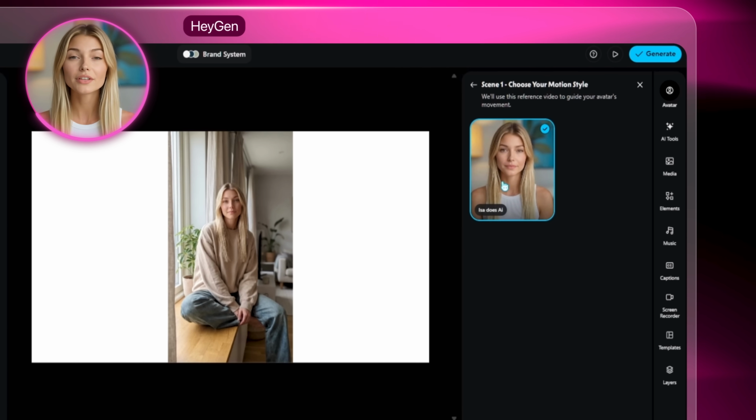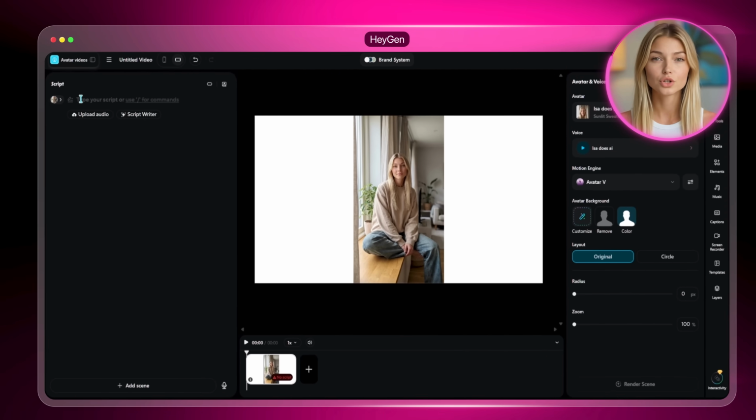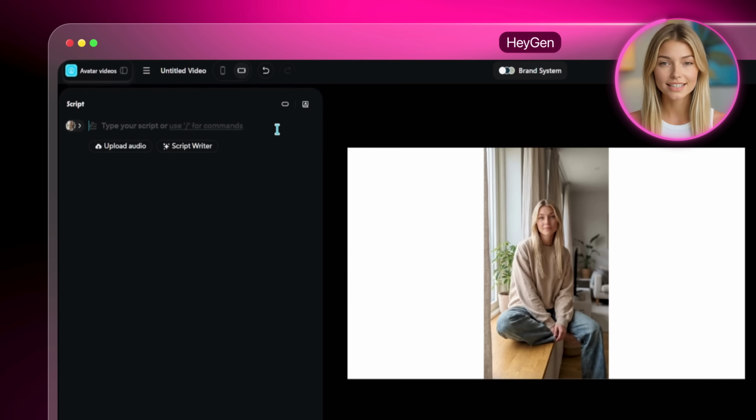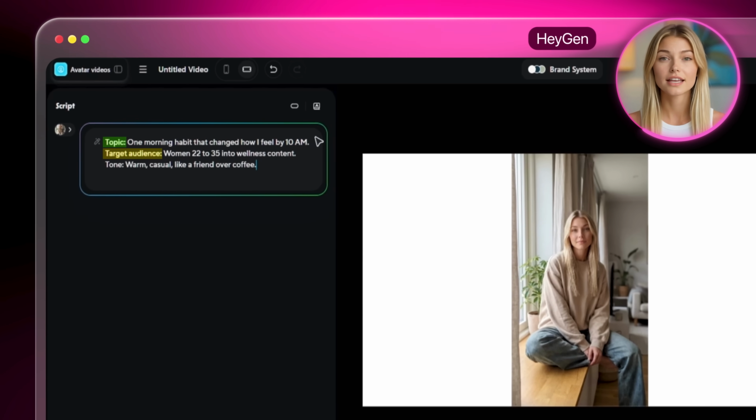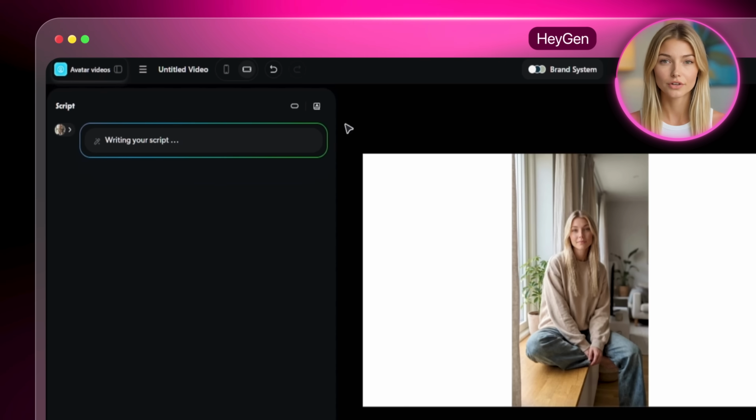In my case, I only have this one. For the script, you have 2 options. Paste your own text into the script box or use HeyGen's built-in AI script generator. The generator is powered by ChatGPT. You give it a topic, a target audience, and a tone, and it writes a full script for you right